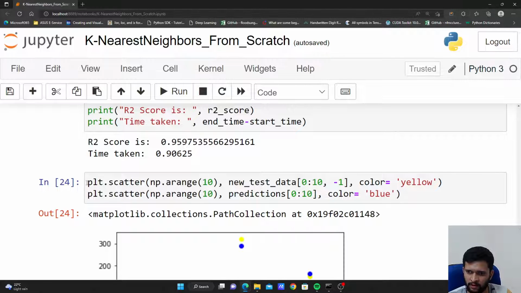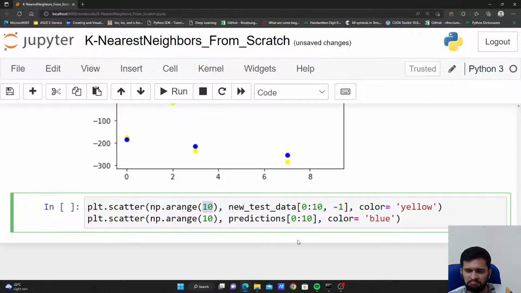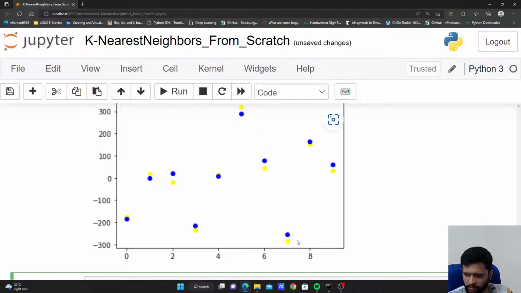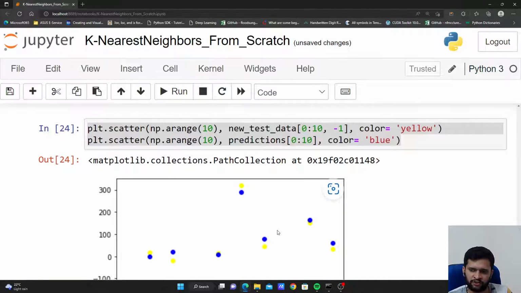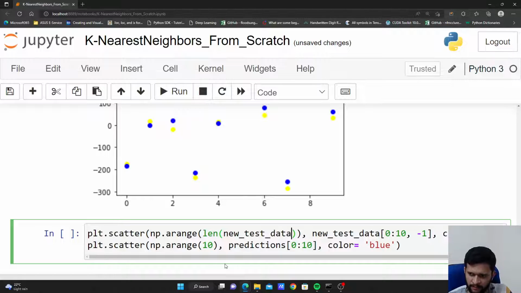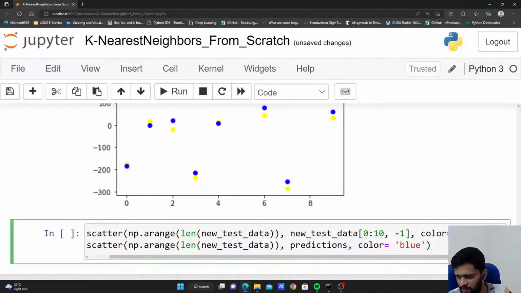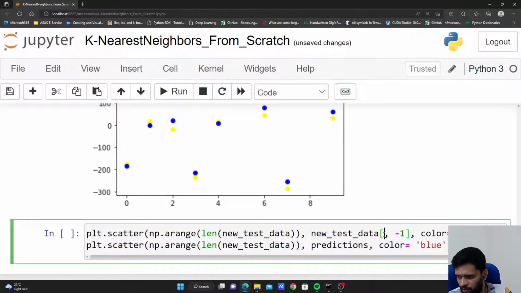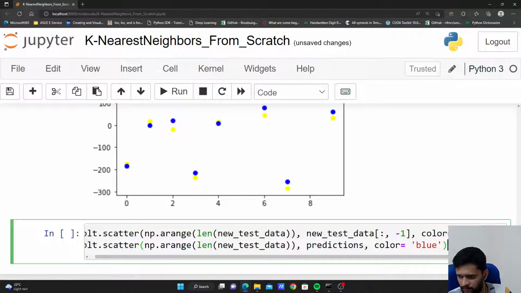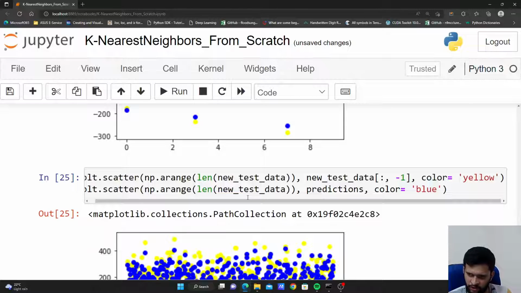Now if you check all at a time, that will give some clumsy visualization, but to check for some of the data points, you can make use of a subset of the prediction and actual values, okay? So let's check for all the data sets, okay? I'll say new test data. The same thing will come here as well, okay? And then I want all the predictions. I want all the rows in the last column. And there you go. If I execute it, you see yellow color are our actual values and blue color are